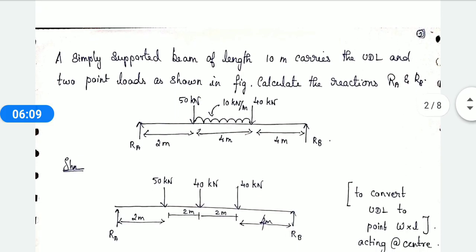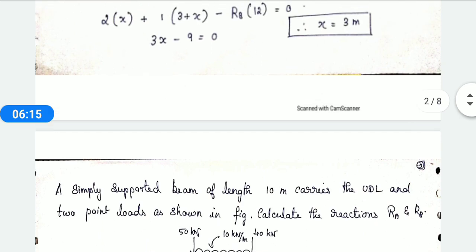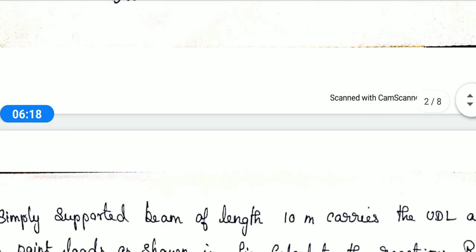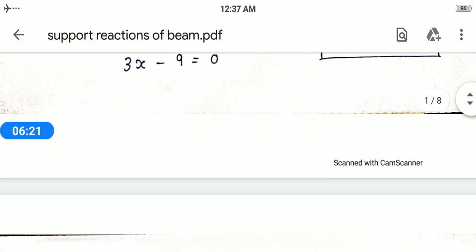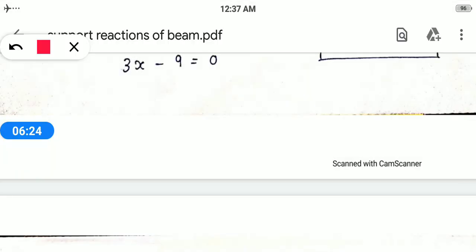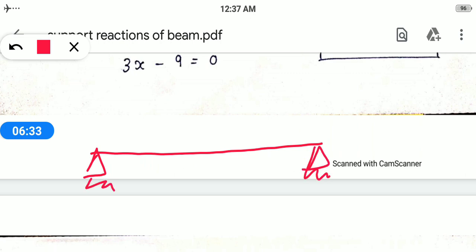And one more thing, in the last class you can see that there were different types of loading conditions. I will define them for you now. See, if you are considering one beam, simply supported or fixed, whatever the end condition may be, you ignore that, consider this as a beam. If the load is going to act at a particular point, that load is called point load. Whenever the load acts at a specified distance, that load is called point load.